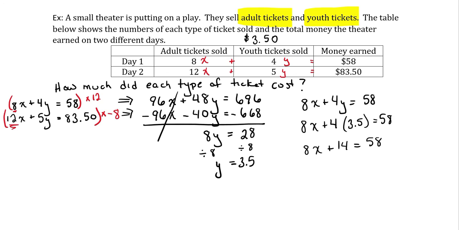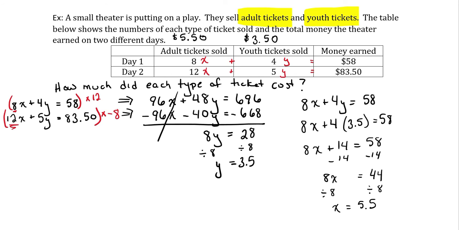And now we have some algebra. We want to get x all by itself. So let's subtract 14. And we get 8x equals 58 minus 14 is 44. Divide both sides by 8. And we get 5.5. x, our adult tickets, see how these x's are with our adult tickets? So our adult tickets are 5.5, or if we are writing it in terms of money,